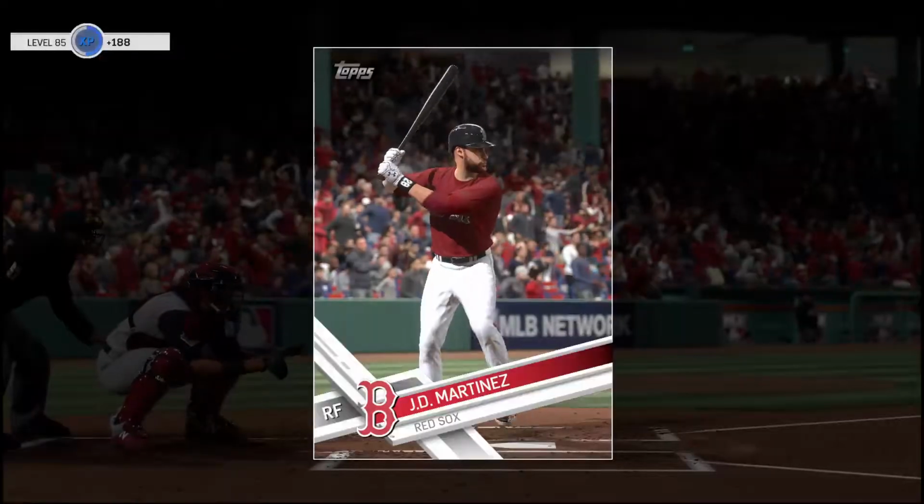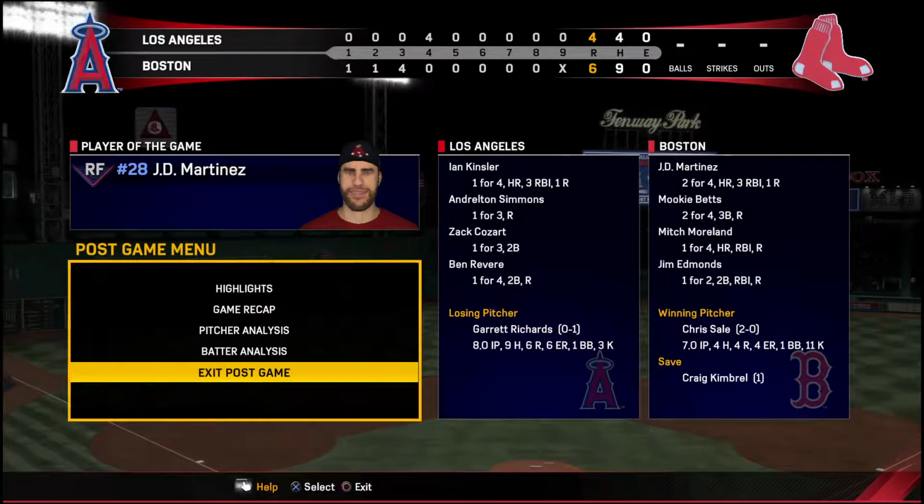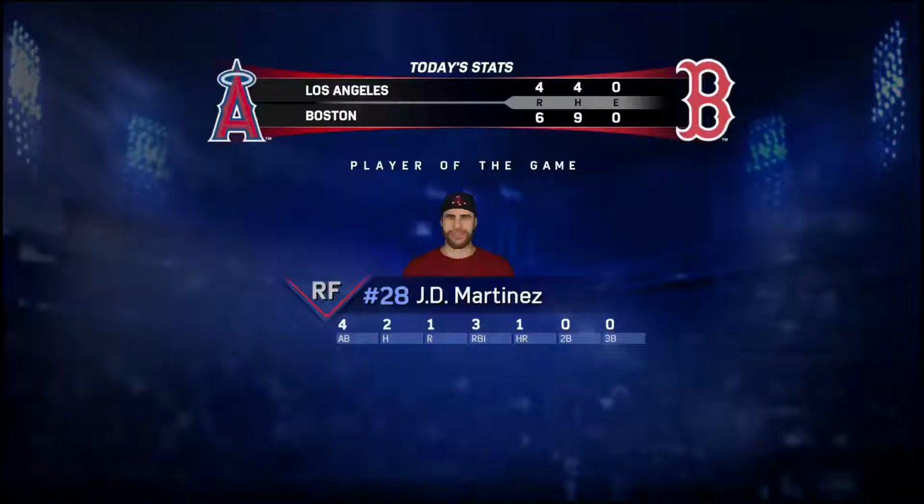And they did some damage offensively in this one, enough to get the win, and this man led the charge. He's our top player of the game. The final line score for our ball game. He came through tonight with a multi-hit game. And